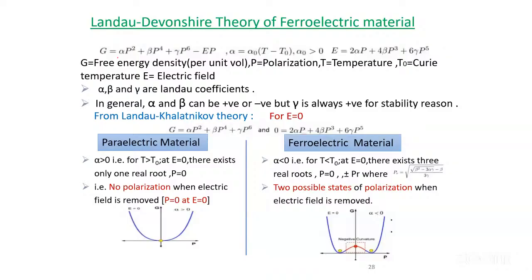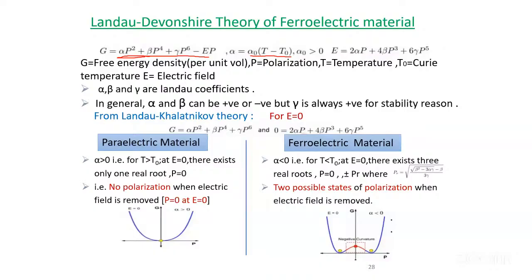This is a complex relationship between the electric field and the polarization, and alpha here is a constant, called the Landau coefficient, which depends upon this particular expression where T0 is the Curie temperature. If alpha is greater than 0, then obviously you will get a paraelectric material, and if alpha is less than 0, you will get a